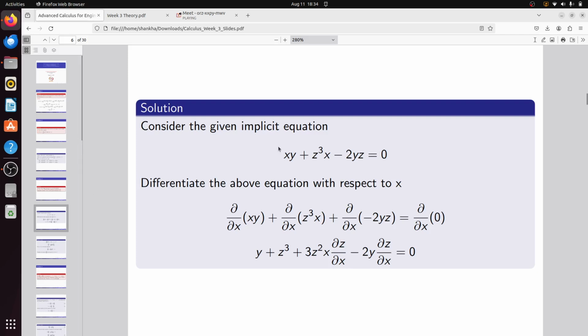See, this type of equations we call implicit equations, right? Why do we call them implicit equations? Because the function z is itself in terms of x, y, and z is not explicitly given. You need to determine it explicitly, because it is not given explicitly, right?